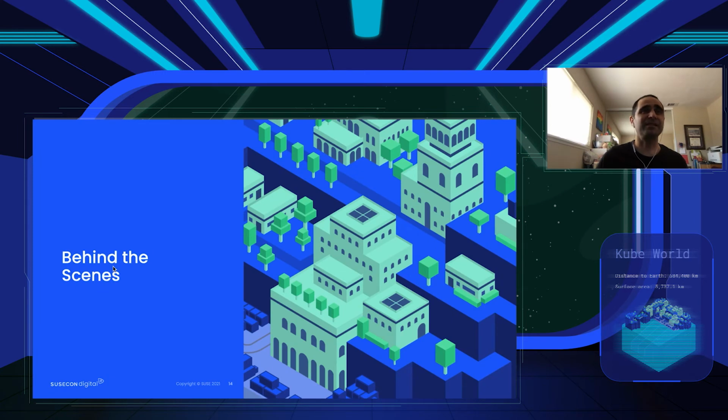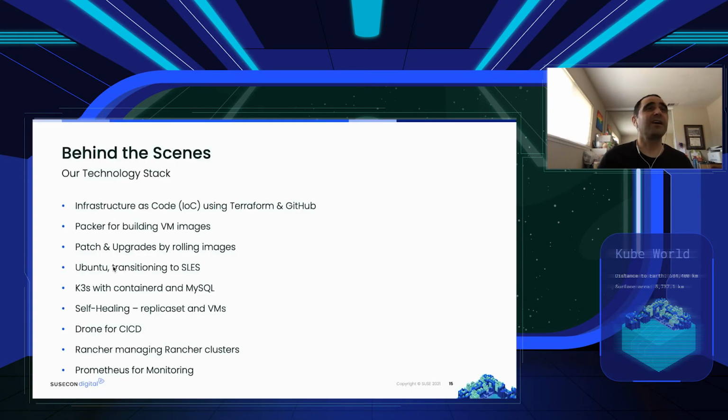Then in terms of behind the scenes, I can talk a little bit about the technology stack that we use with Hosted Rancher. So we very much take an infrastructure as code approach, and we heavily leverage Terraform to basically define what the infrastructure should be for Hosted Rancher and for the tenants that are running in it, and use GitHub as well to store and manage that Terraform, and basically to do all of the change control for that. In terms of building our virtual machine images, we use Packer, which is a really great tool for quickly building out those images, and it also does a very good job of pushing us out to the various regions that